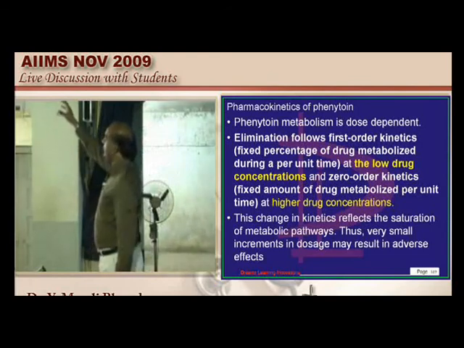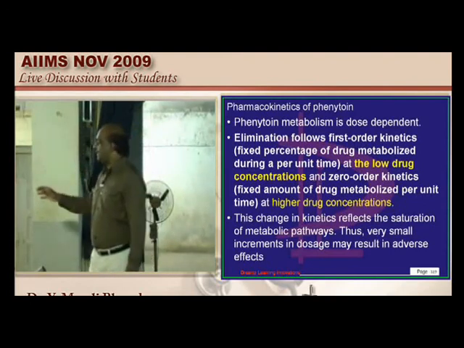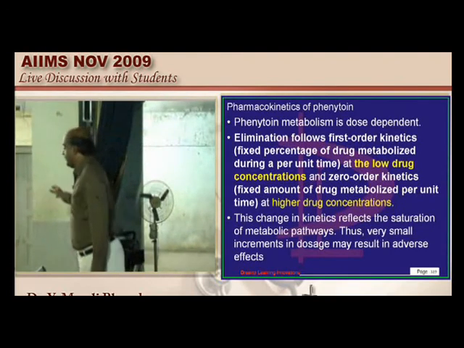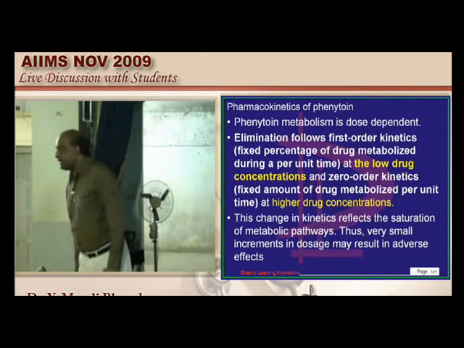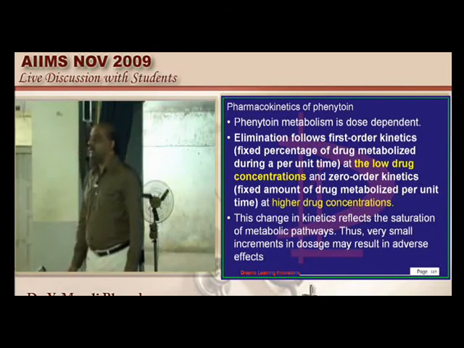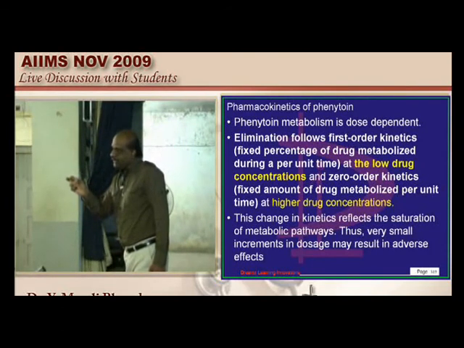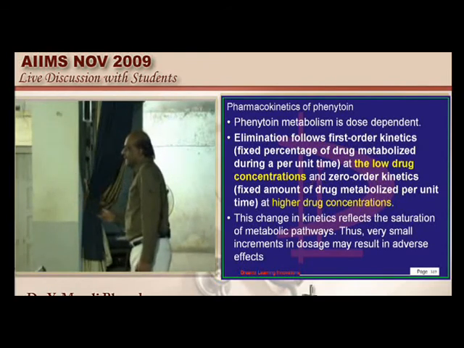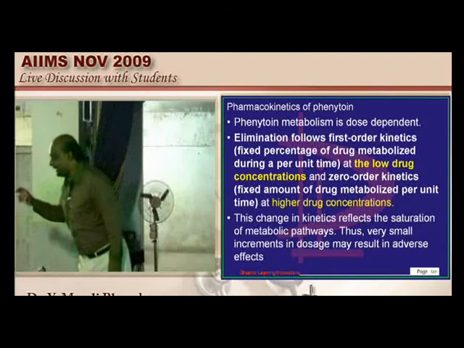In 1 hour 100 grams became 50. Next 1 hour it became 25. Next 1 hour it became 12.5. Next 1 hour it became 6.2. I mean 50% of that. This is basically called first order or zero order? It is first order. That is, there is a constant time, and in that time, a fixed percentage of the drug is getting consumed. It is called first order. Whereas in a given constant time, if a fixed amount of drug, not percentage of drug, is consumed, then you call it